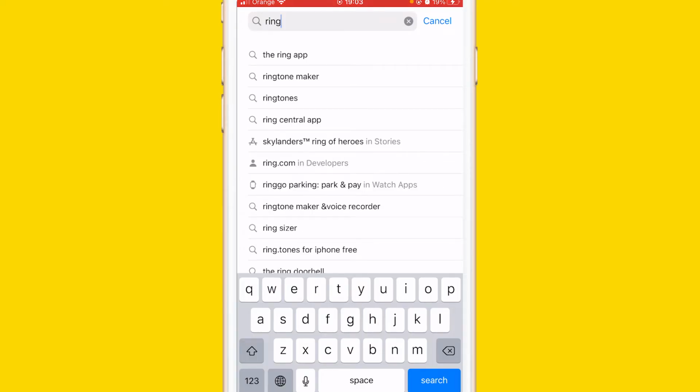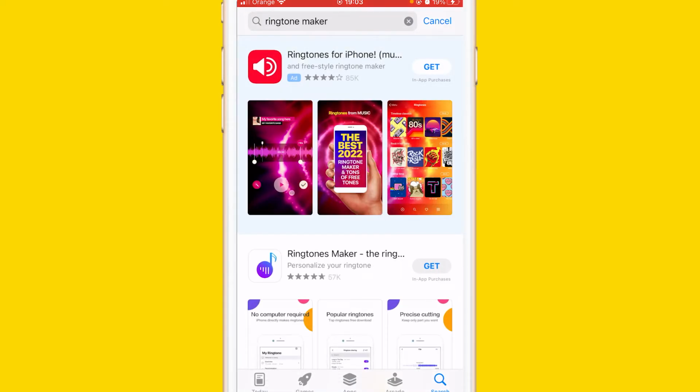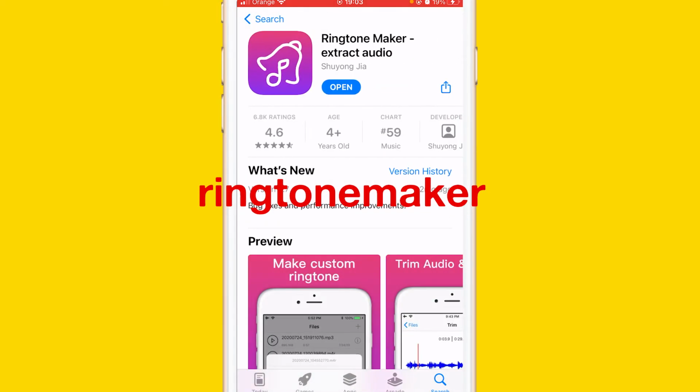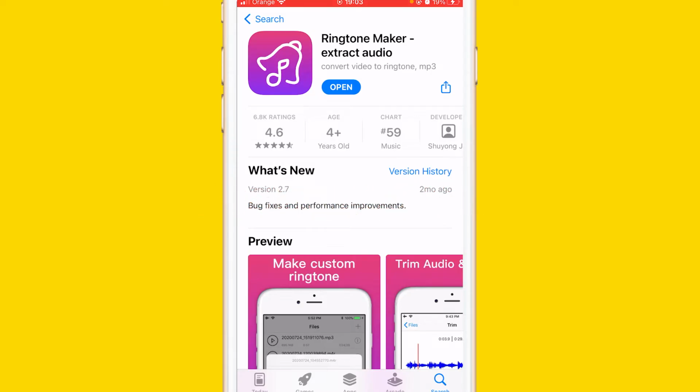And the second app is called Ringtone Maker. I am going to add the name again in the screen. Sorry, this is not the app. This is the app. Okay, this is again the picture of the app. Make sure to download the same app and just click download. Now you have two apps which we are going to use to make any video sound into your alarm or